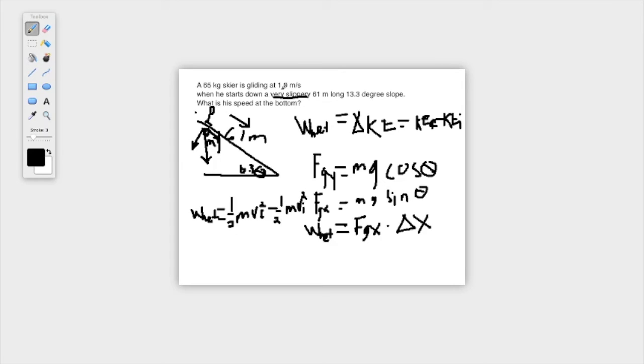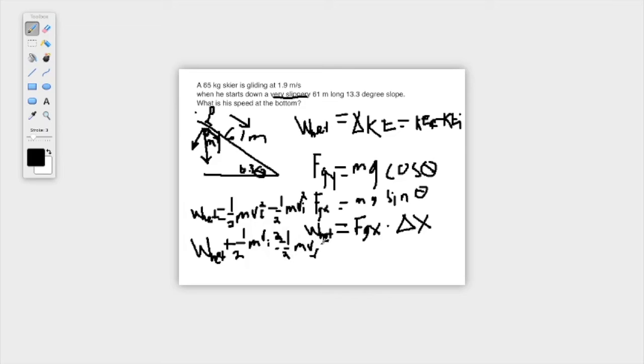We know the initial velocity, so we're going to add 1/2 m vi squared to both sides. Then it'll cancel on this side. So W net plus 1/2 m vi squared equals 1/2